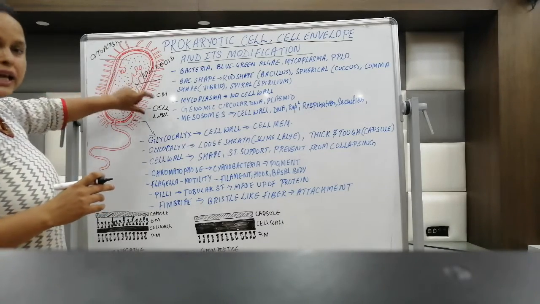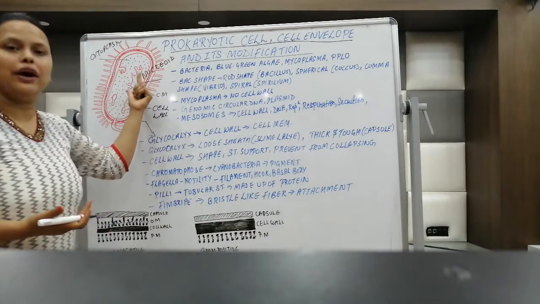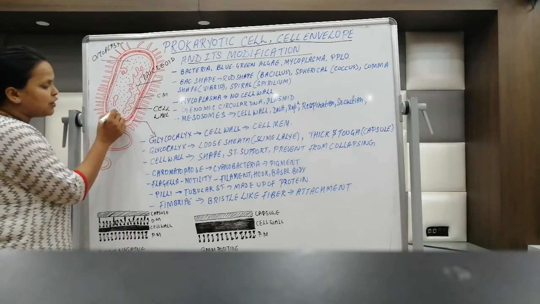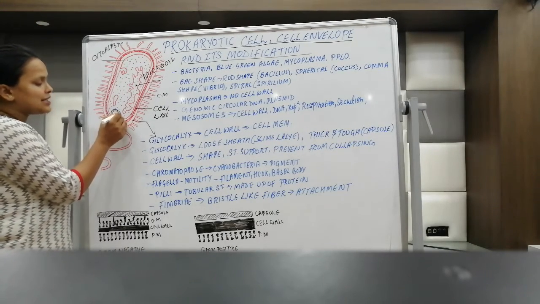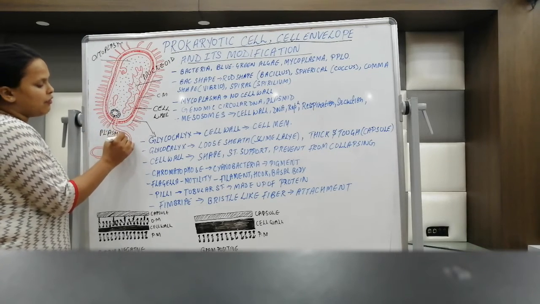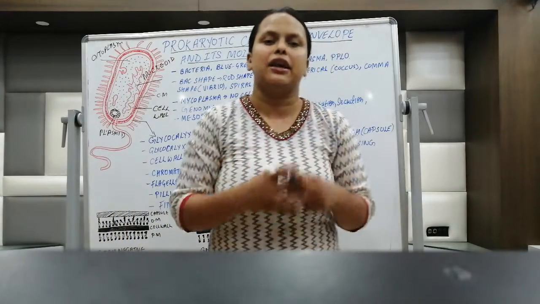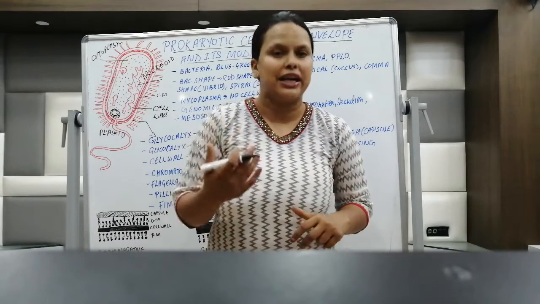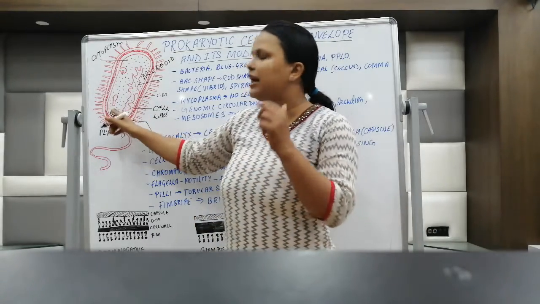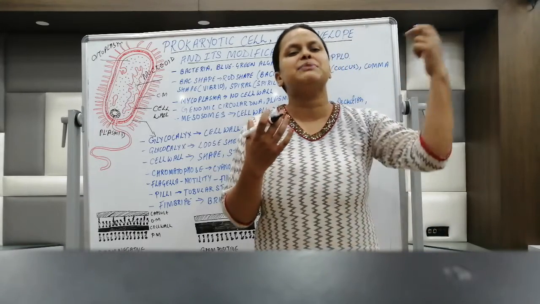It's a nuclear material. Then in the prokaryotic cell, other than this nucleoid, other than this chromosomal DNA, they also have a different kind of DNA, and this DNA is called plasmid. We know the normal function of the nucleus or the DNA: they carry genetic information, and this information must be passed from one generation to another. So this extra DNA, the plasmid in the bacterial cell, has some special genes.